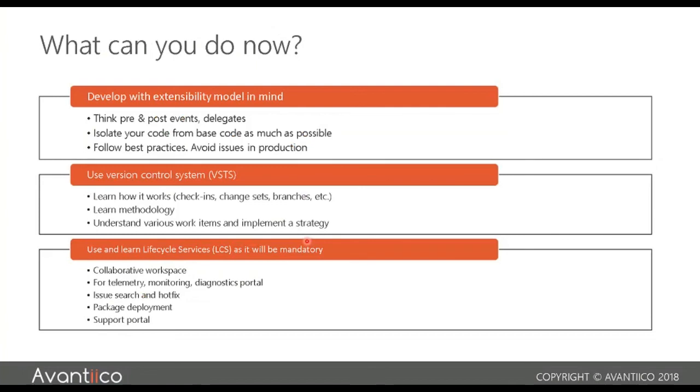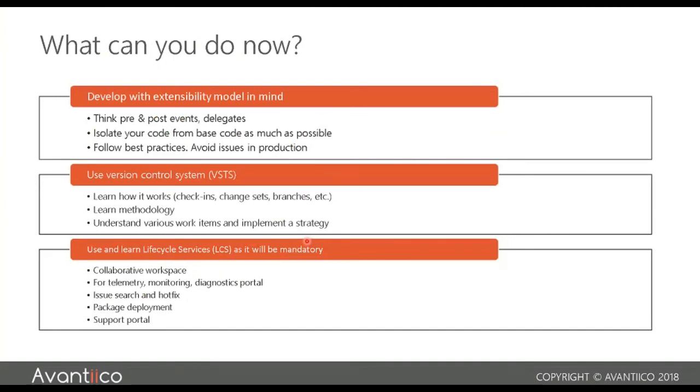So you're going to have to move the mindset from an overlaying to an extensioning model. I think it's going to be a challenge for people that are running earlier versions of 365. And also I think it's going to be a challenge for some ISV solutions that have deep, deep hooks into the system through overlaying. So I would say have a look at those, avoid overlaying at all costs.